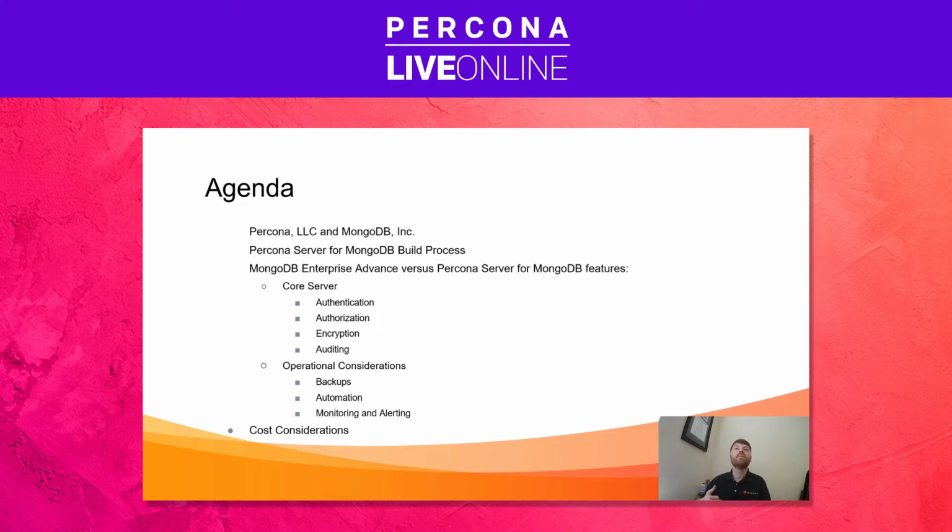And second, we're going to go through the Percona Server for MongoDB build process. I'll show you how we build it and why you should feel confident running it in production. Sometimes we get questions about how that build process works, so I've outlined that in a little more detail. And then the meat of the presentation is going to be MongoDB Enterprise Advanced versus Percona Server for MongoDB